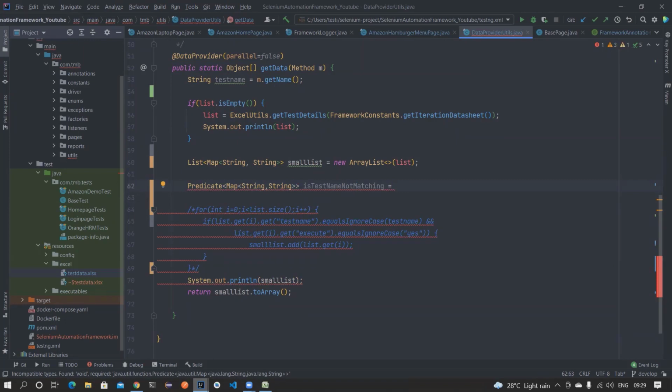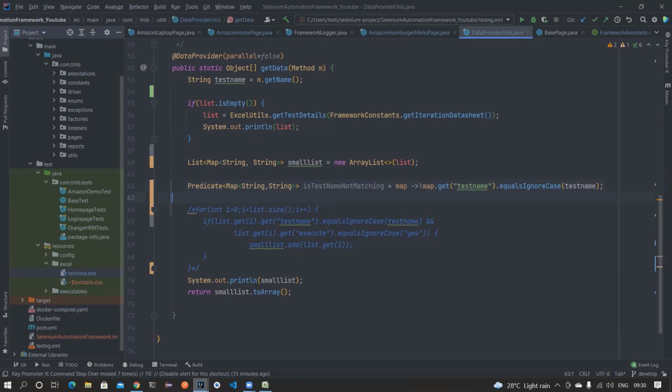So if someone is passing me a map, I am checking map.get test name, and if that equals, ignore case, the current test name, then this is a match. But I want is test case not matching, because I want to remove all of them. So I'll add a not operator here. You can also use negate, but for simplicity I'm using a not operator.